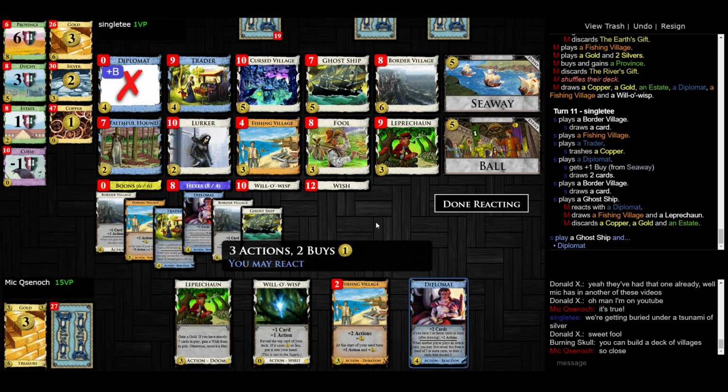Unfortunately, I can't make the Will-O-Wisp work automatically. I have 1 card set aside. 2, 3, 4, 5, 6. Man, I'm still short 1, right? Unless I